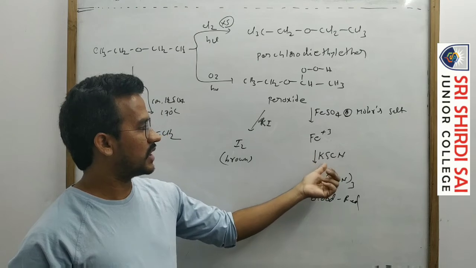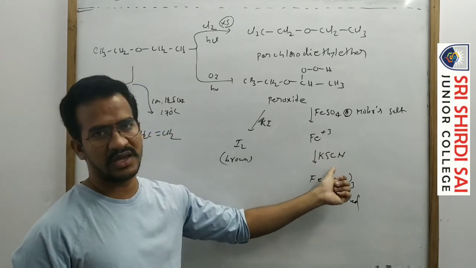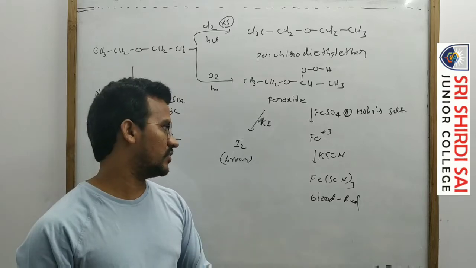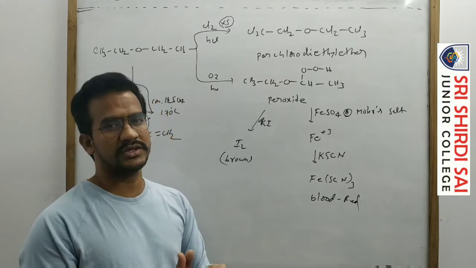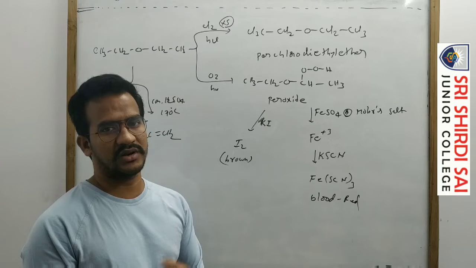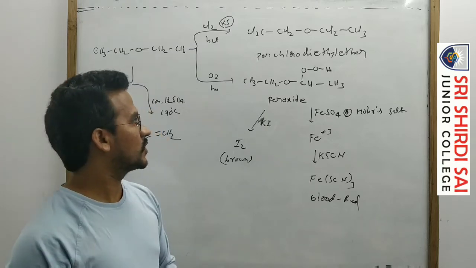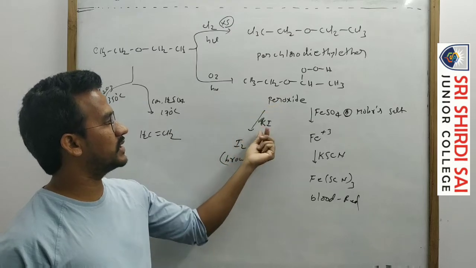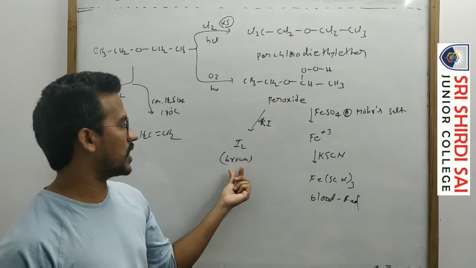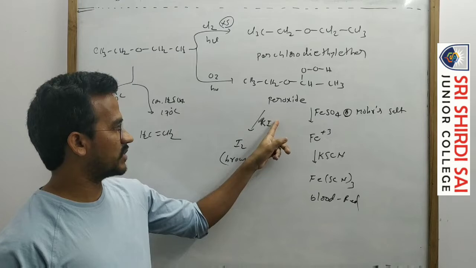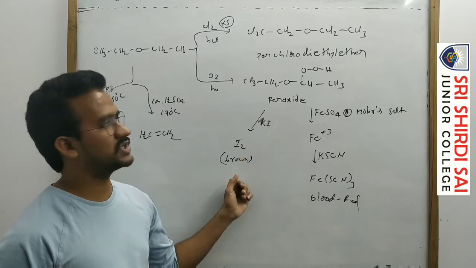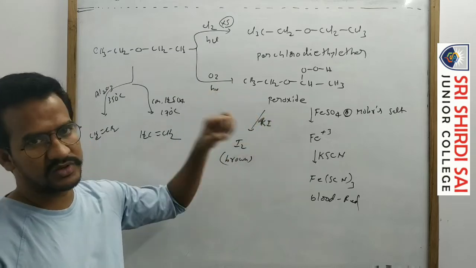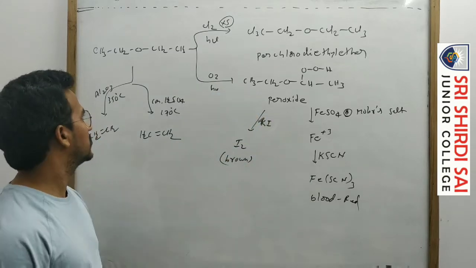Okay, so Fe3+, and then adding potassium thiocyanate, KSCN, gives Fe(SCN)3, a blood-red colored compound. Generally, we discuss this reaction in the Lassaigne's test for identification of nitrogen and sulfur present in organic compounds. Next, to this peroxide we can directly add potassium iodide. That is converted to I2, a brown colored compound. I minus is converted to I2, an oxidation reaction. That is the identification reaction of peroxides. If peroxide is present, these reactions give a positive result.